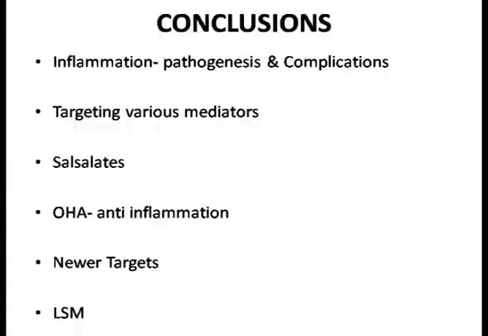So ladies and gentlemen, inflammation is involved in the pathogenesis and complication of diabetes. We have to target various molecules, but as of now, we don't know at which level of the inflammation, which targets should be targeted to decrease HbA1c. We have various studies to show that salicylates are good in terms of decreasing HbA1c and improving beta cell function. The oral hypoglycemic agents which we have right now, like sitagliptin, glitazones, and metformin, have good anti-inflammatory activity. Newer targets are being targeted, and again, lifestyle management remains the core in the treatment of diabetes, and it is